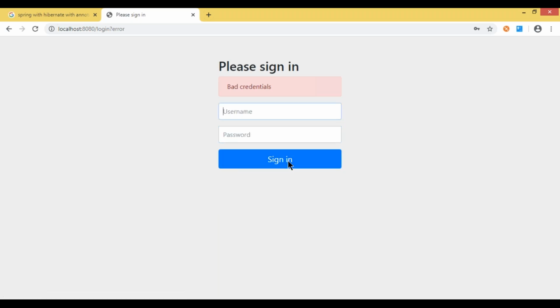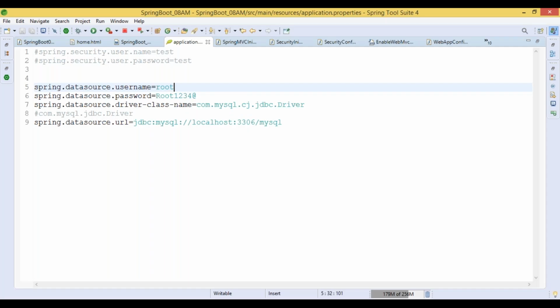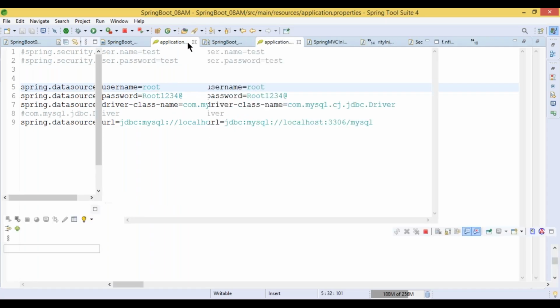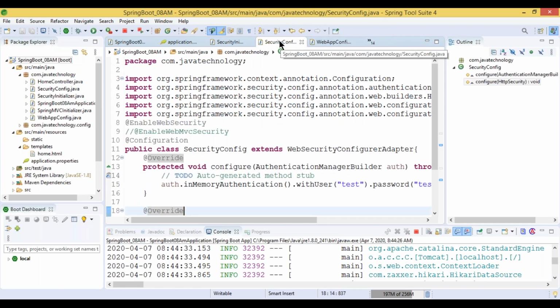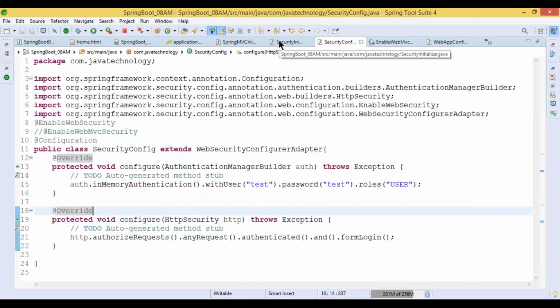Okay, so still we are getting bad credentials. Let me check the in-memory code, whether we missed anything. Not a matter. Encoding password we need to enter. Okay, encoding password we don't want to enter. Roles user. Okay, so don't worry.